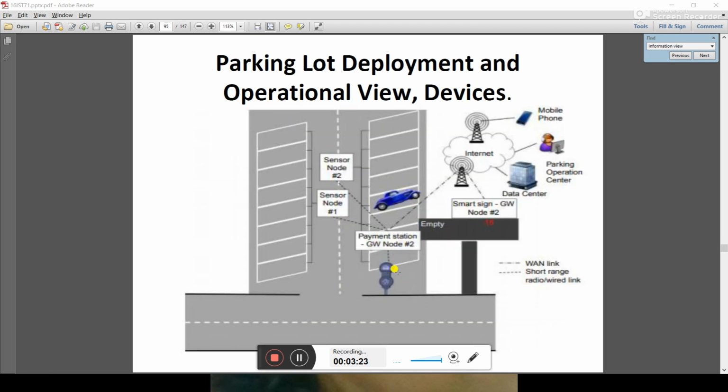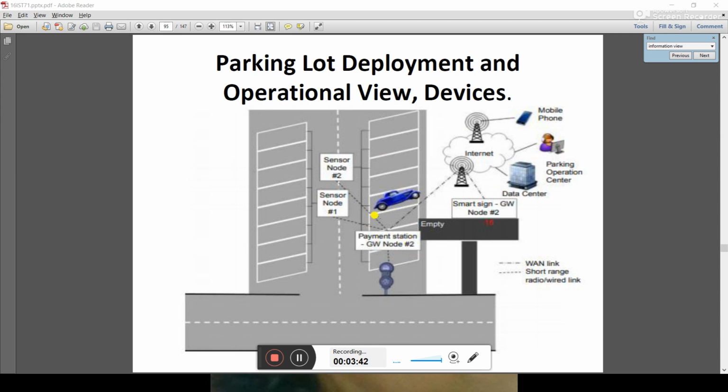Here we have an actuator to pass the cars or not, and a sign showing whether a slot is empty or not. Each and everything depends on the parking operation center, which has the fees of the parking.